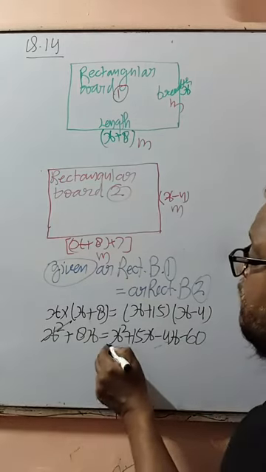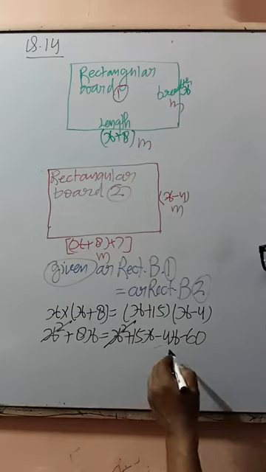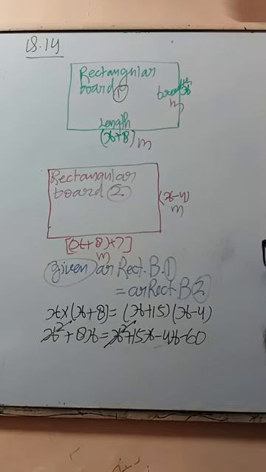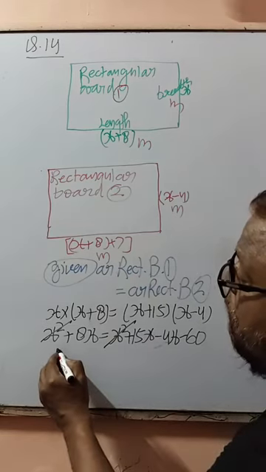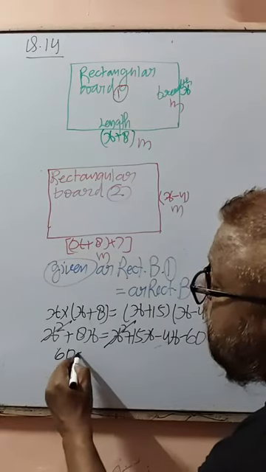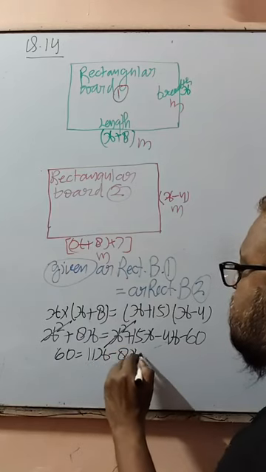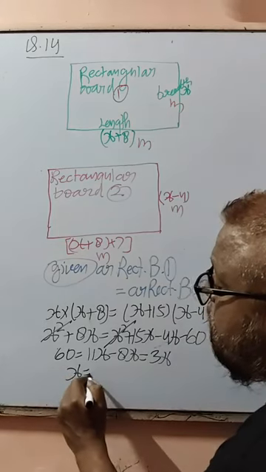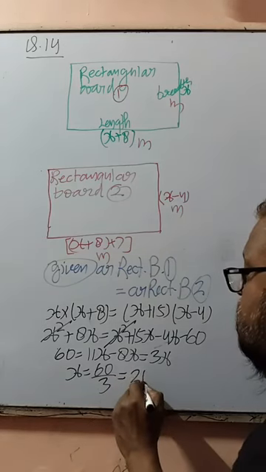This x square and x square is gone, and 15x minus 4x becomes 11x. So 8x, if minus comes here, 60 is equal to 11x minus 8x is equal to 3x. Yes, sir. So x is equal to 60 by 3 becomes 20 meter,